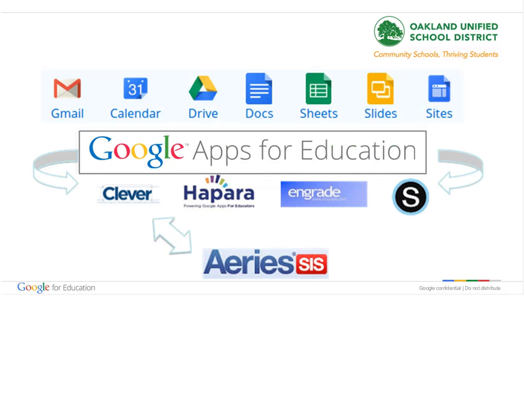So here's a little bit of an overview of how we use Google Apps as a platform. You can see Aries is our student information system. That's tied into Google with Clever. And then we've also added other foundational software like Hapara, which enables us to easily manage Google Docs. Teachers, for instance, can pass out docs to their class. We're using nGrade, which is a new platform. It's essentially a learning management system and an assessment system together, along with a parent portal and gradebook. We're rolling out a big pilot of that in the district this year, and we're also using Schoology.